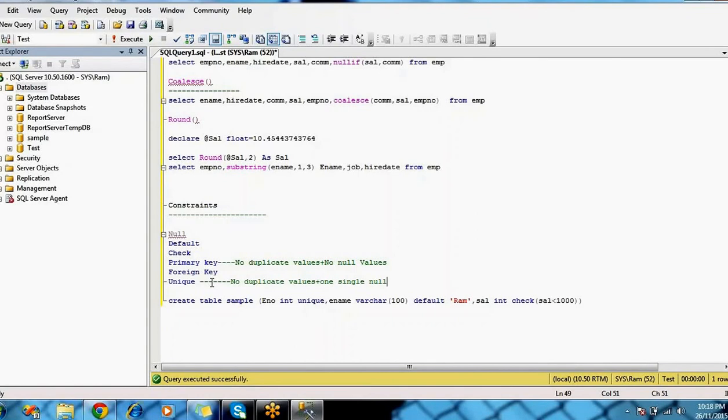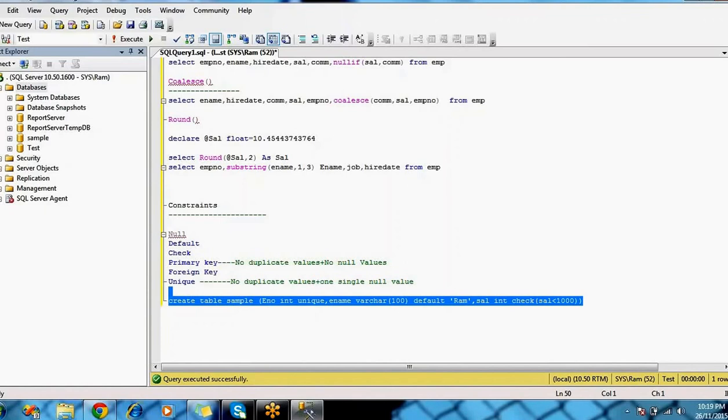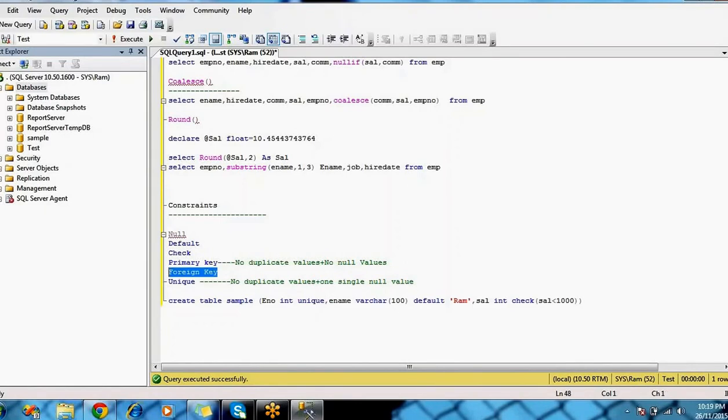Got it? But the primary key does not allow duplicate values and does not allow even a single null value. This unique key allows one single null value and no duplicate values. Got it? Right.